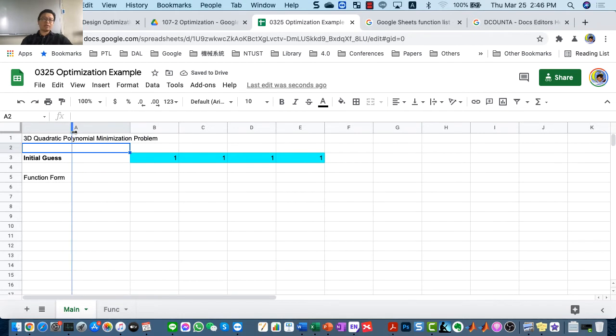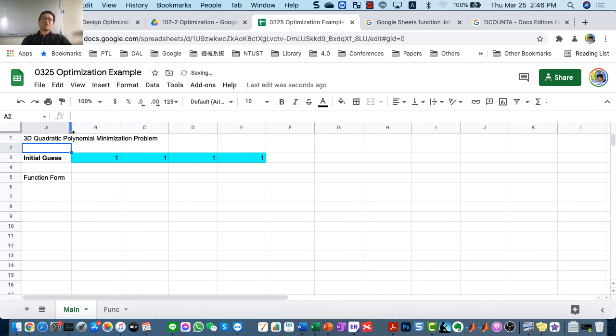Because if I work on a 4D problem, it's going to be having a lot of coefficients. It's taking a lot of time. So here I will be plugging in the coefficient for x1 squared, and then x2 squared,